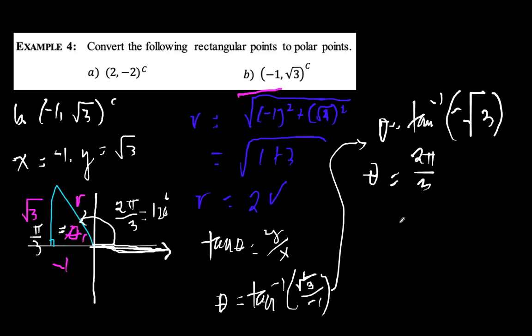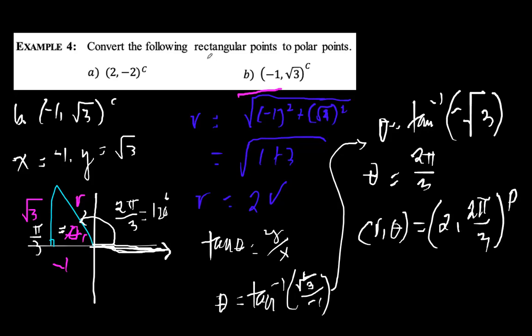All right, so therefore, the equivalent polar point is now (r, theta). Radius is equal to 2, and the angle measure is 2 pi over 3. All right, this is now the equivalent polar form of the rectangular points. And I hope we got the same answer. I hope everything is okay when it comes to conversion from rectangular points to polar points